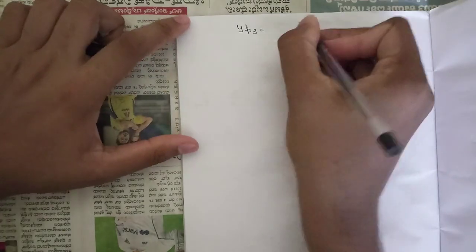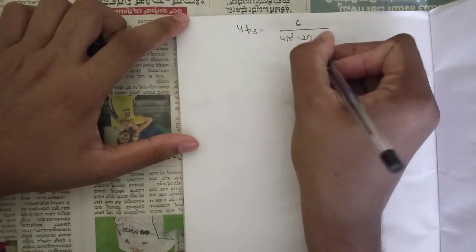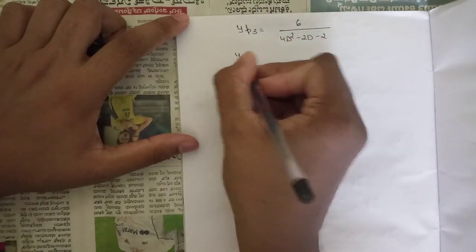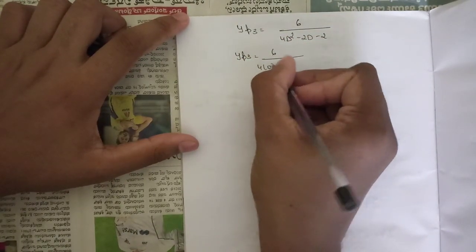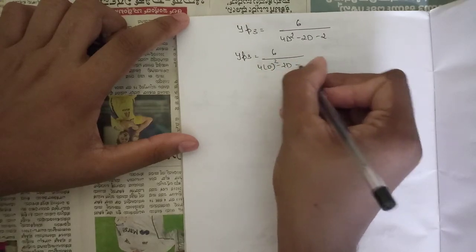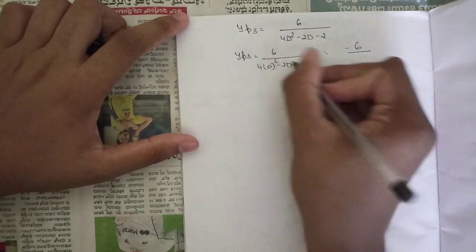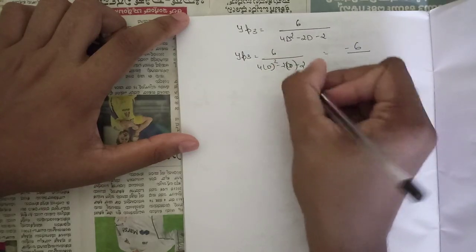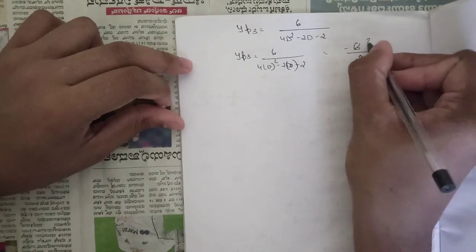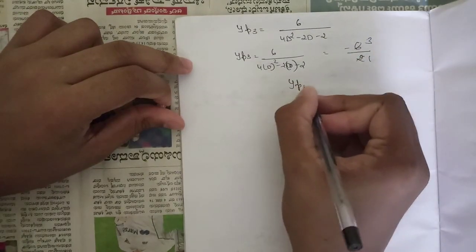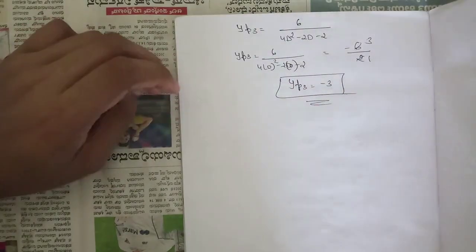So the third term is 6 divided by 4d square minus 2d minus 2, where here the value of a is 0, right? So we get 6 divided by 4 into 0 square minus 2d minus 2. So we get 6 divided by, this is 0, 2 into 0 minus 2, so minus 6 by 2, that is 2 1s are 2, 3s are. So our yp3 we got it as minus 3. Okay,